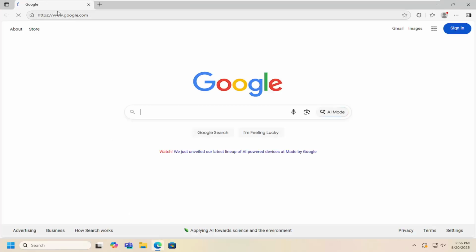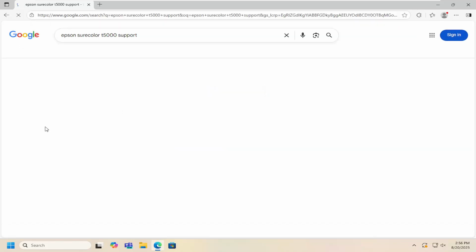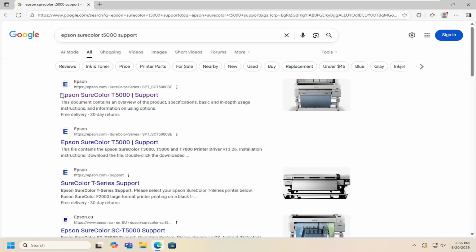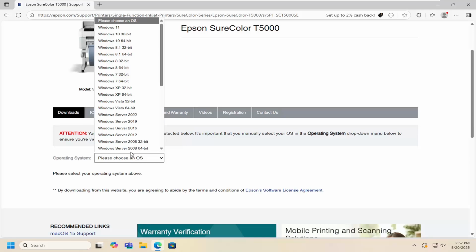All you have to do is open up a web browser, and into Google, you want to search for Epson SureColor T5000 support, and you want to search for that. Best results should come back with an Epson support page. It says Epson SureColor T5000. Open that up. And now going down, you want to select your operating system from the drop-down menu and select